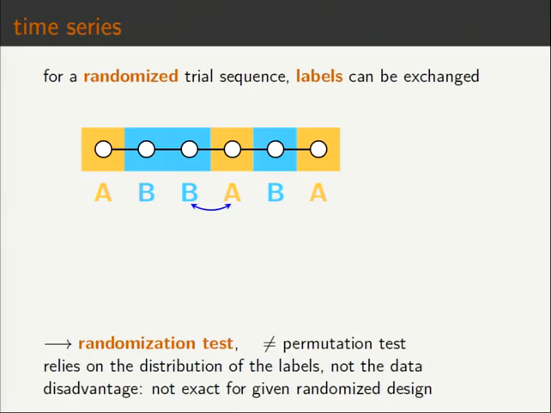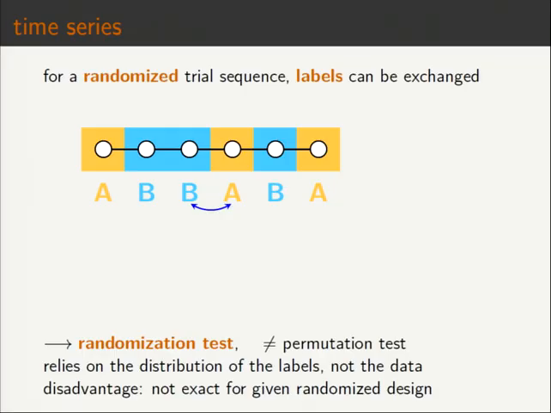There's a huge literature about these kinds of tests. However, there's also a drawback, because we do not rely on the distribution of the data, but we rely on the distribution of the labels. What we get is a test that is exact if we apply the right exchanges with respect to the distribution of possible labels. So the experiment we have done with specific trial labels, with specific experimental conditions, we relate to the set of other possible experiments we could have done, and assume that the data are the same. This is different from a permutation test, where we assume that the labels are given. We have just done this experiment, and we think about what other data could have been obtained